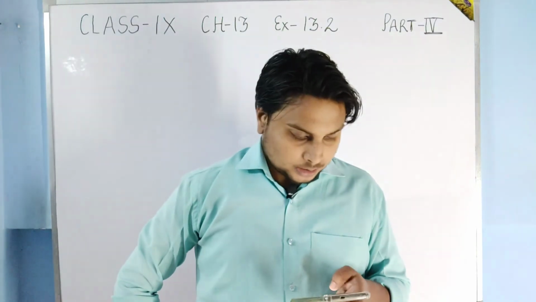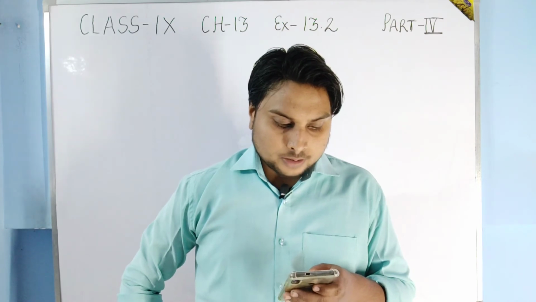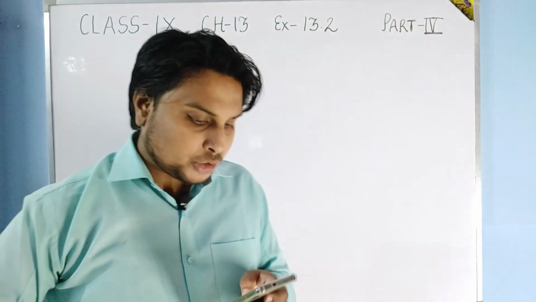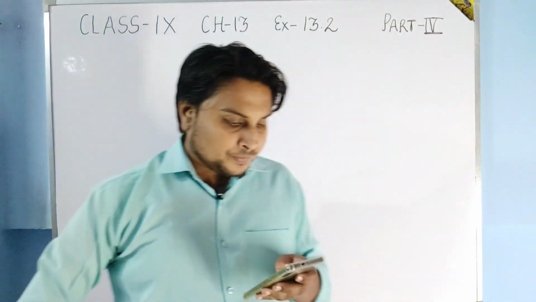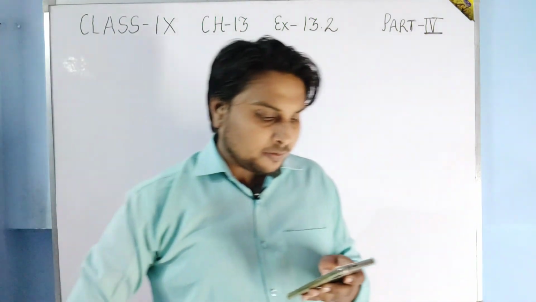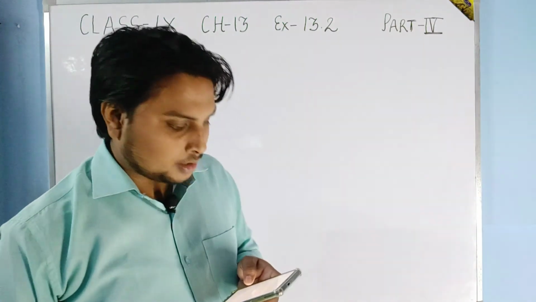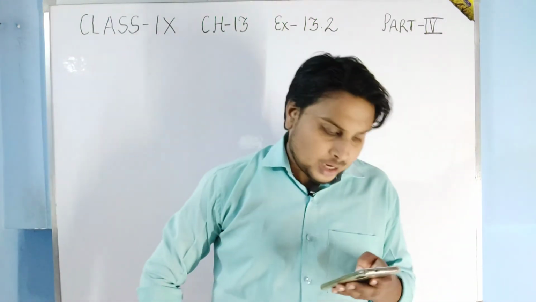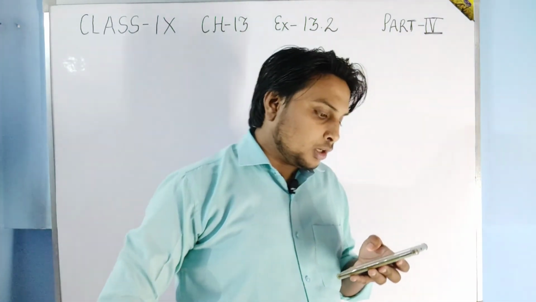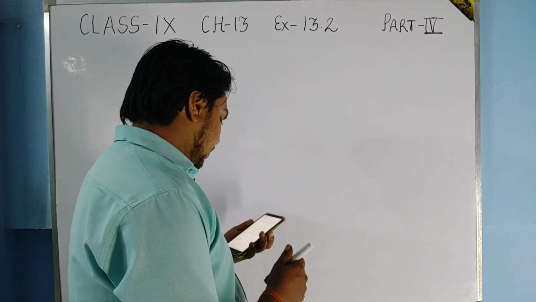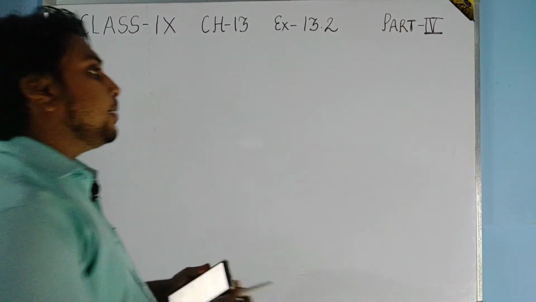Coming to the next question, students, question number 10. In the given figure you see the frame of a lampshade. It is to be covered with a decorative cloth. The frame has a base of diameter 20 centimeter and height of 30 centimeter. A margin of 2.5 centimeter is to be given for folding it over the top and bottom of the frame. So find how much cloth is required for covering the lampshade.